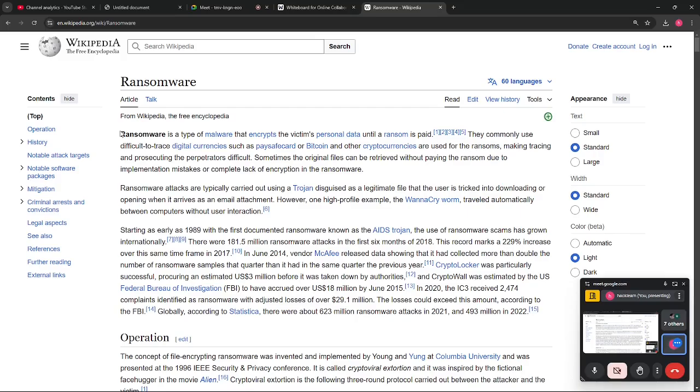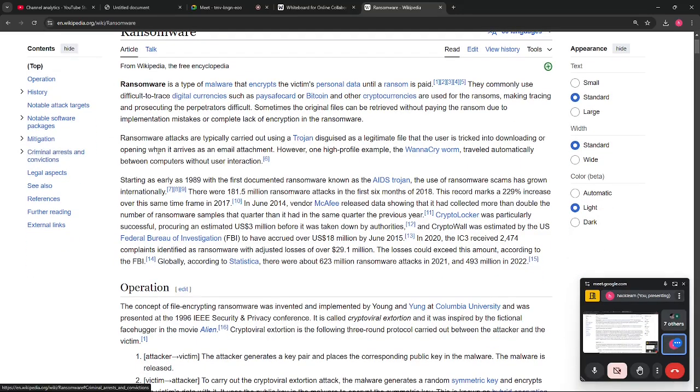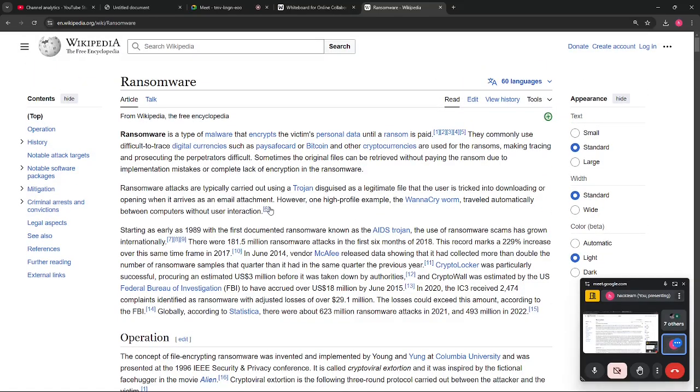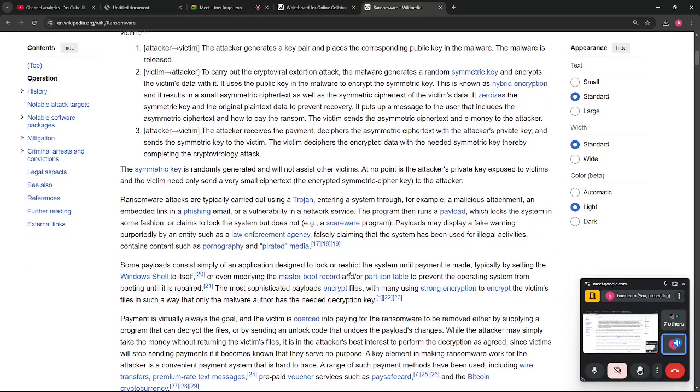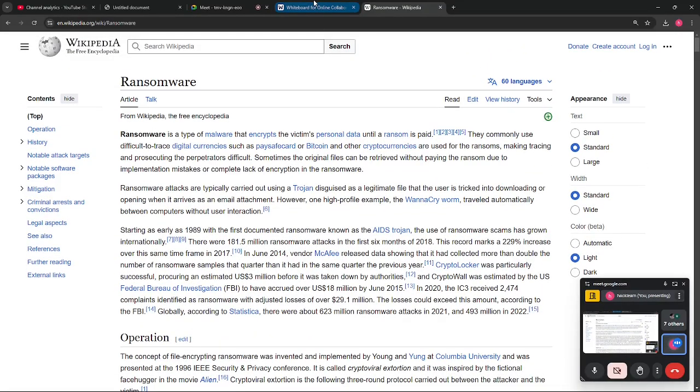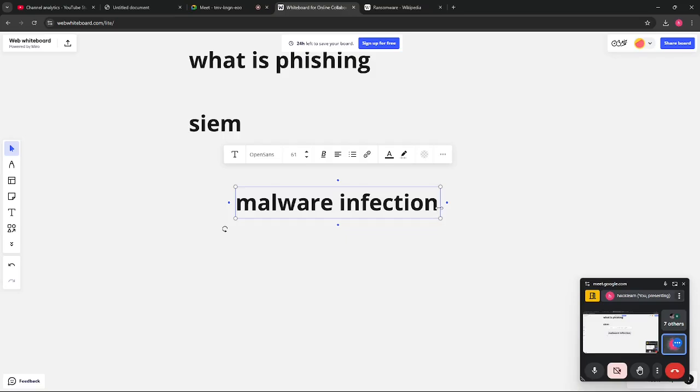So that's how they all work, and you can look into the details and also look for some case studies, like when a ransomware attack was carried out on which company and how it was created. When you learn all this, it will help you a lot in cracking the interview, because in interviews they may ask you about real-time case studies regarding ransomware. So after the class, try to learn something about ransomware.